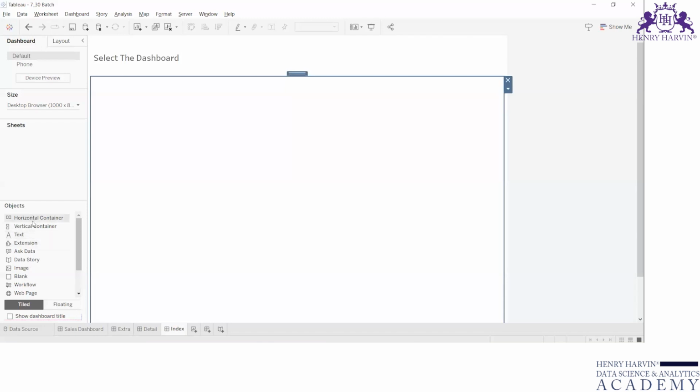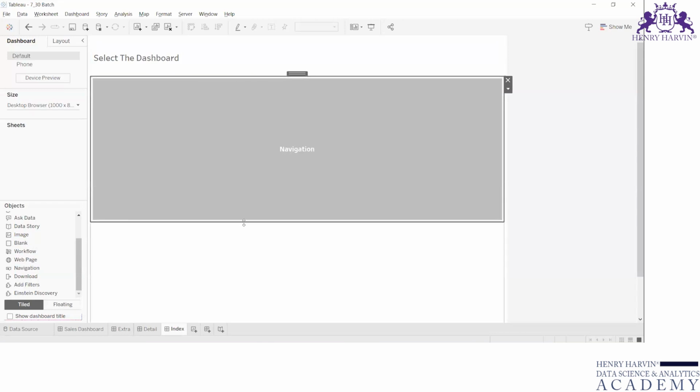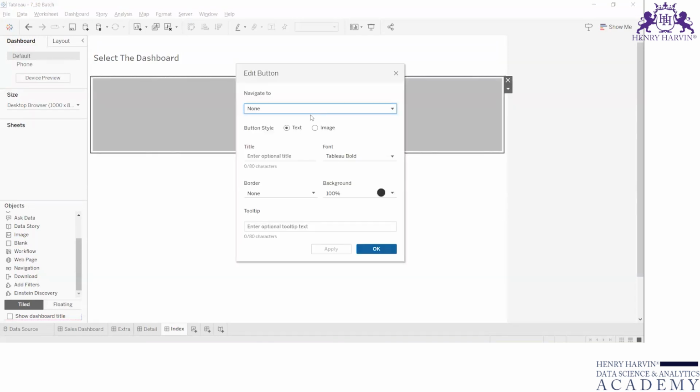Okay, so now let's say there are two ways. You can also use an action filter. You can create multiple sheets, but instead of creating multiple sheets and using the action, what I would do is simply use a navigation button. I'll use one navigation button over here, and I'll name it, let's say, detail. If you want to go to the detail sheet